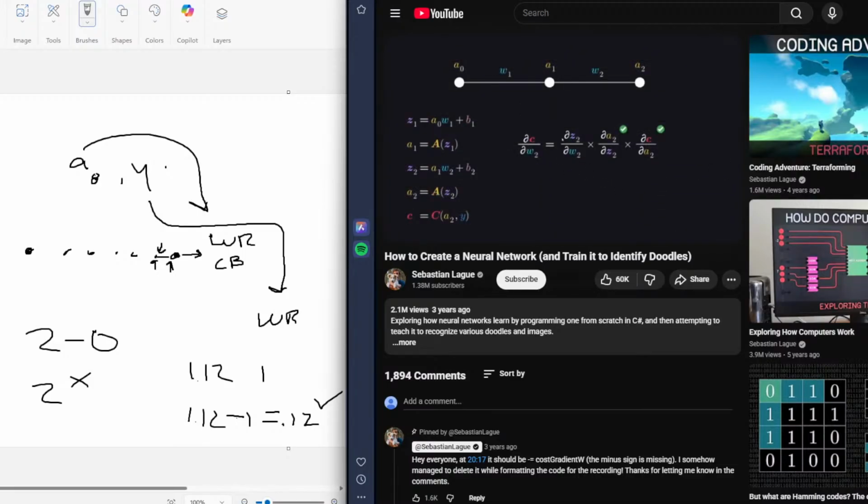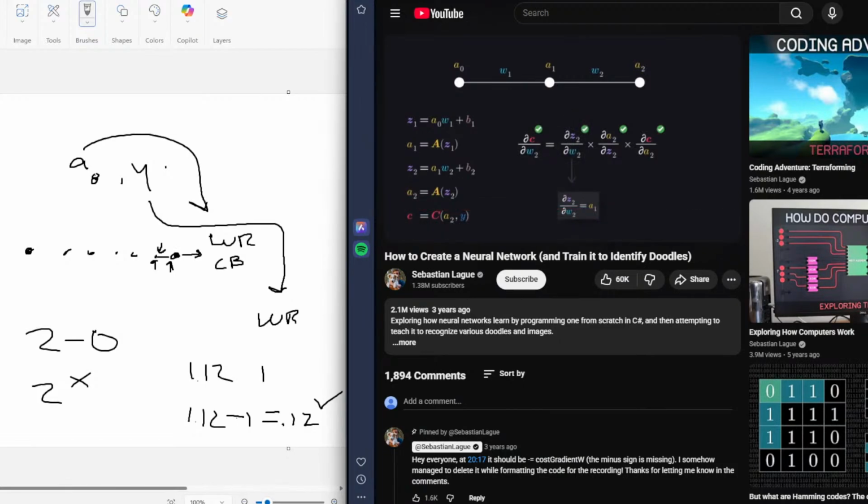Alright, for this last one, we want to know how the weighted input changes in response to the weight. This one's very easy because if we just look at our equation here, we can see that the amount of effect that a change to the weight will have on the weighted input depends entirely on the input, which is this a value here. For example, if a is 0, then changing the weight would have a 0 effect, whereas if a is 10, then changing the weight would have a 10 to 1 effect, and so on. So that's our answer. We now know how the cost is